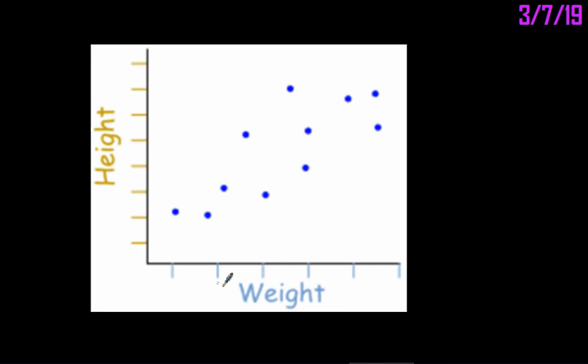And so what you're talking about is if you have a higher weight, you're most likely going to have a higher height. Meaning if you're a little bit taller, you're going to have more bone structure as well, because you just have a longer real estate of bones, and so you're going to weigh a little bit more. So that's an example of a